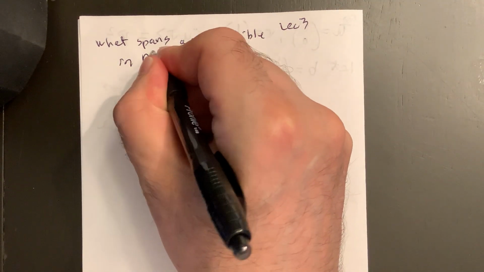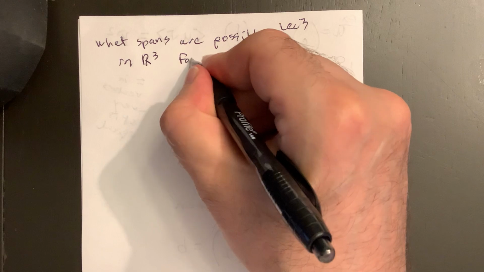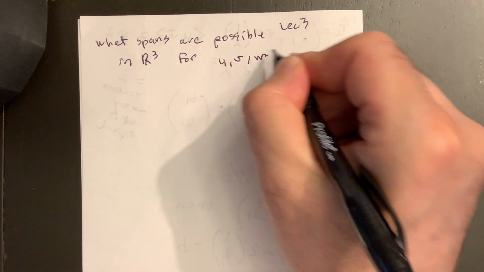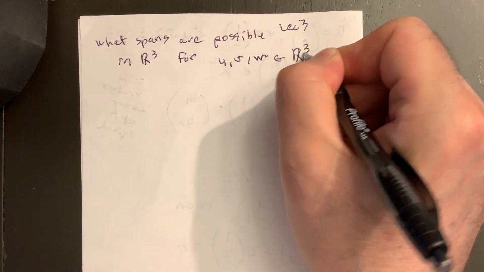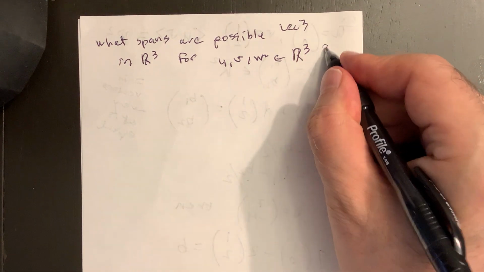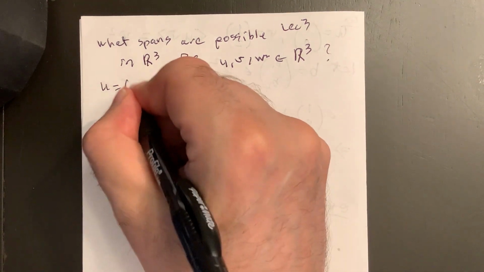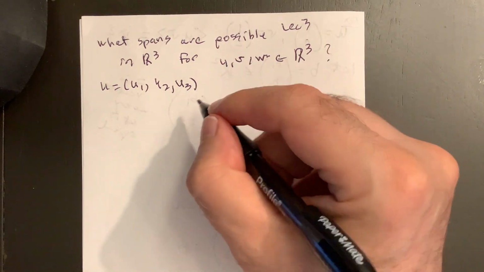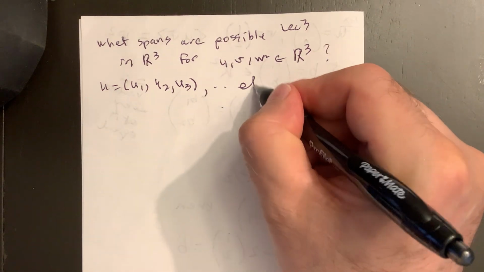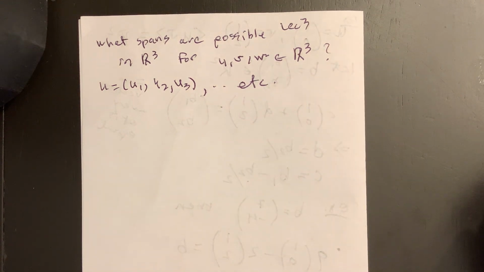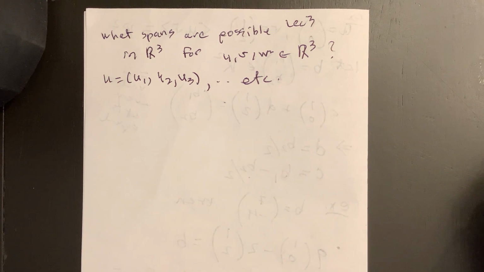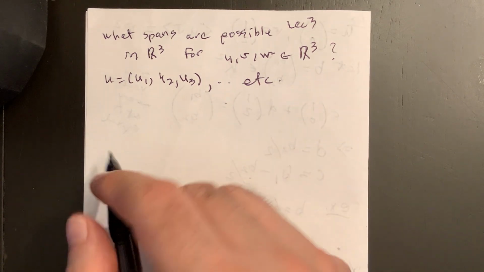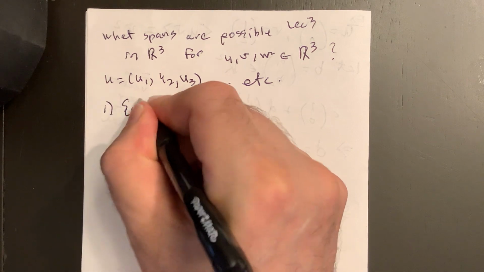in R3? So for 3 vectors, say I have u, v, w in R3. So u equals u1, u2, u3, like this, etc. Okay, so what kind of spans can we get? Well, if all 3 are 0, we get 0. So the first one, 0, is possible